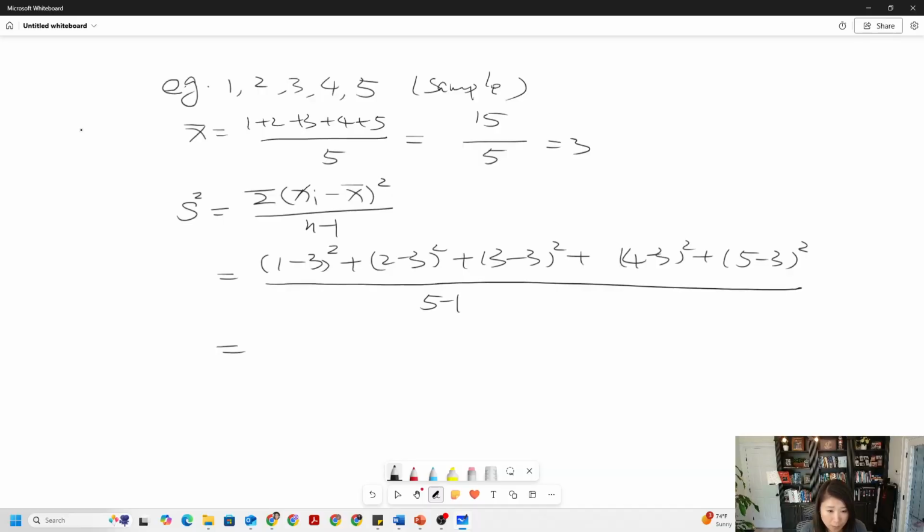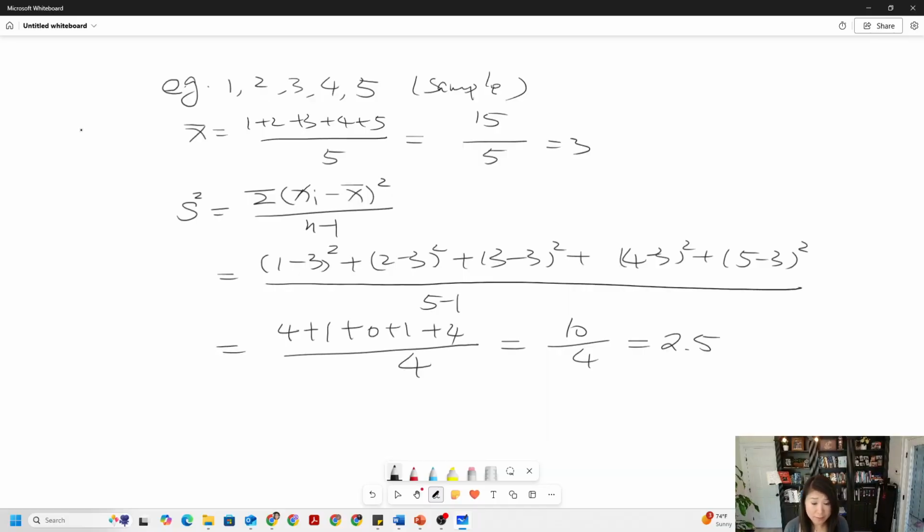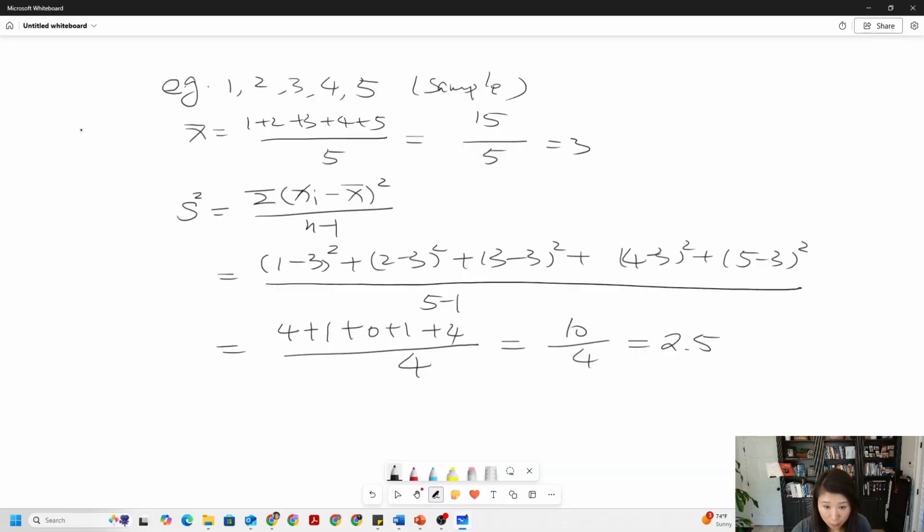Now the numerator here: 1 minus 3 equals negative 2. Negative 2 squared gives me 4, and 2 minus 3 equals negative 1. Negative 1 squared gives me 1. Then 0, 1, and 4. So my numerator equals 10, divided by 4, which gives me 2.5. This is my sample variance. Now you're going to ask me, Dr. J, how do you interpret it? The answer is, for the variance of 2.5,